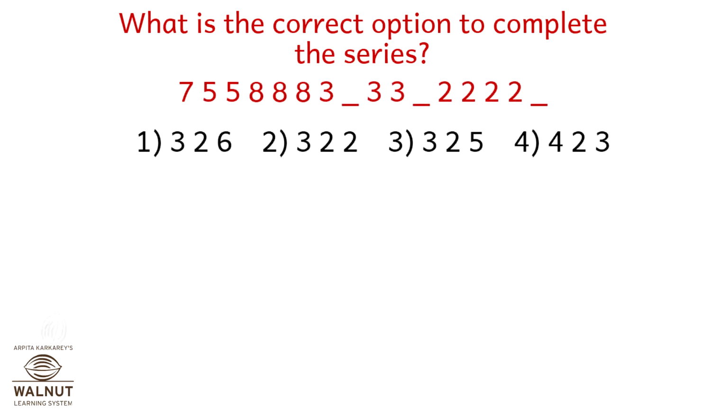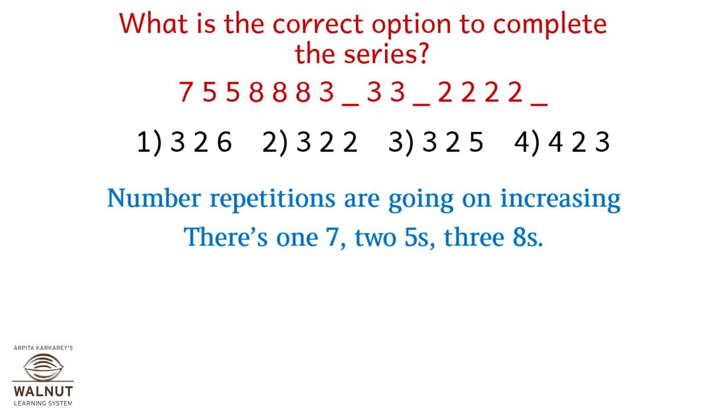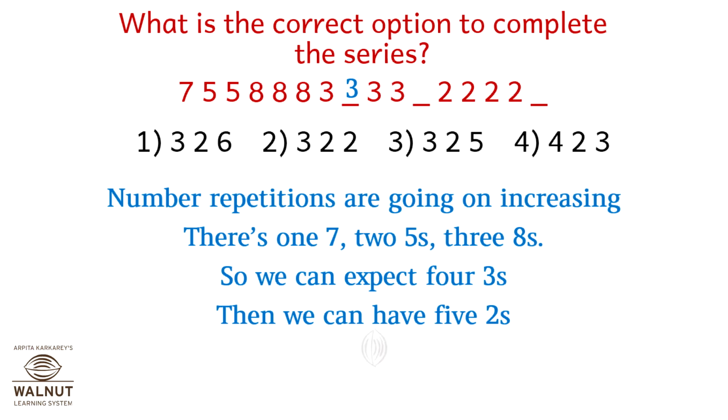What is the correct option to complete the series given below? Number repetitions are going on increasing. There's 1 seven, 2 fives, 3 eights, and so on. So we can expect 4 threes,